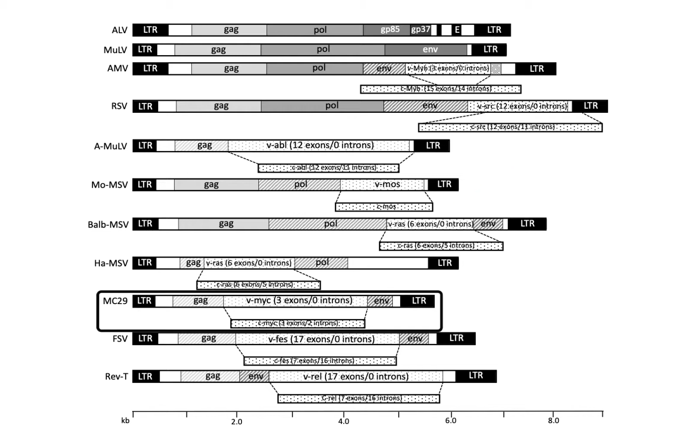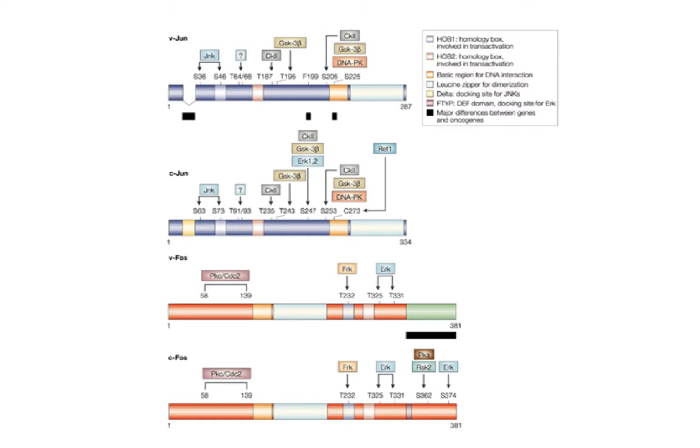Here's virus MC29 that's carrying along a viral MYC gene, a transcription factor, which differs from the original host type. Here, they have the viral oncogene and then the cellular proto-oncogene. That is, it's a normal gene that can be altered to become an oncogene. Here are a few specific examples: the viral oncogene for JUN and the cellular proto-oncogene for JUN, and then this